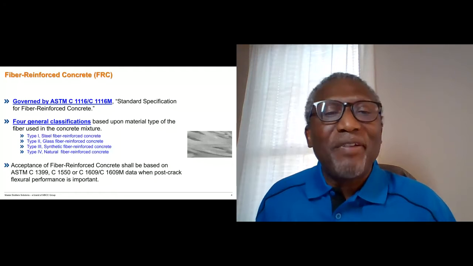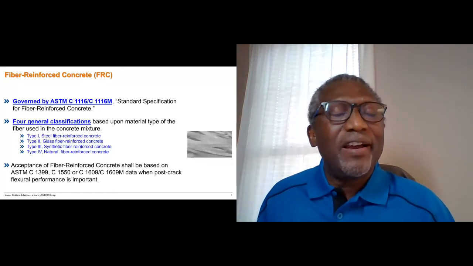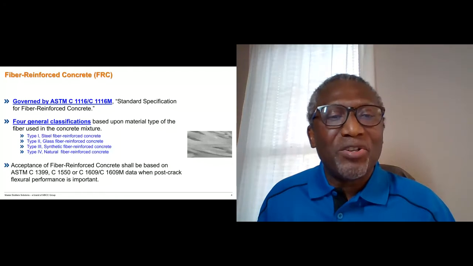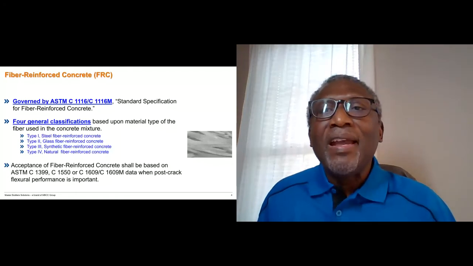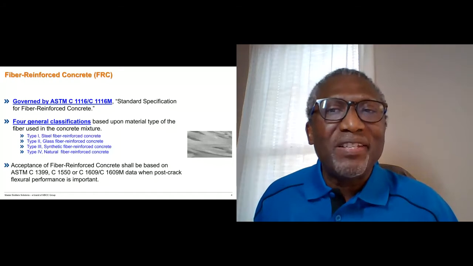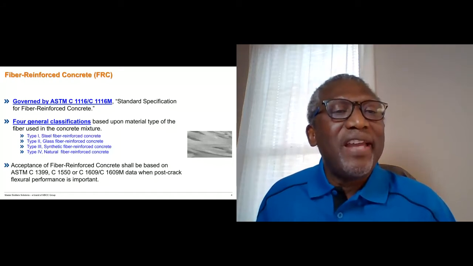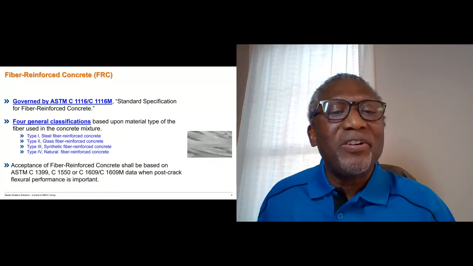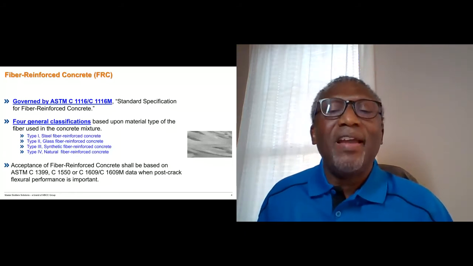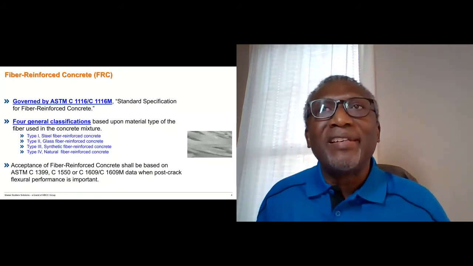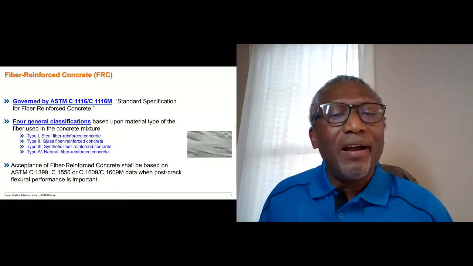These are performance test methods that are used to test the post-crack performance of fiber reinforced concrete. Now, for the purposes of this presentation, I'm only going to be focusing on the type 3 synthetic fiber reinforced concrete, because that's what's being predominantly used in most of the paving and bridge